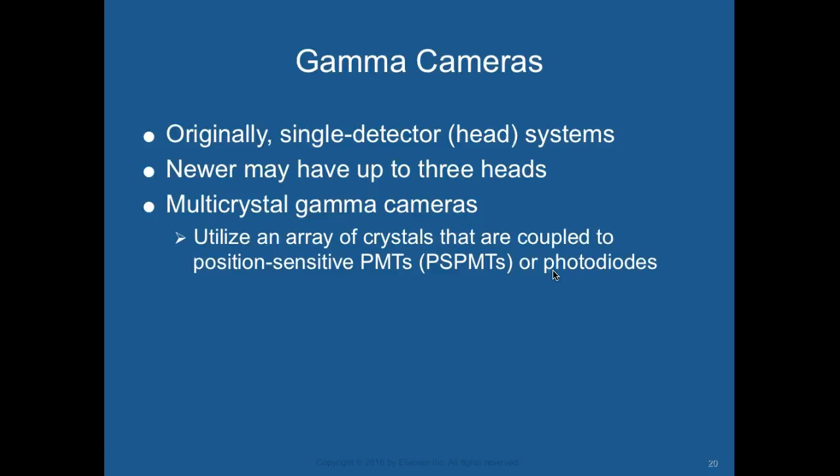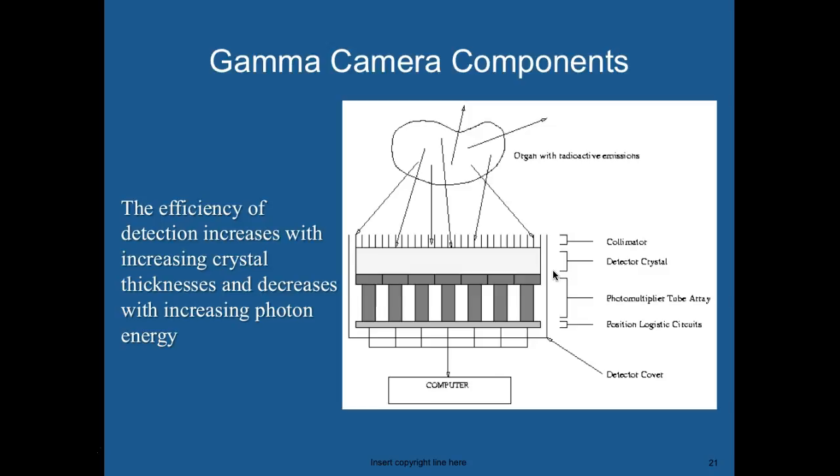So gamma cameras. Originally, they were single head systems. Newer ones have up to 3 heads, which we usually use for SPECT imaging. They have multi-crystal gamma cameras, so they utilize an array of crystals that are coupled to position-sensitive PMTs, which is PS-PMTs, or photodiodes. So the components here. The efficiency of the detection increases with increased crystal thickness, or decreases with increasing